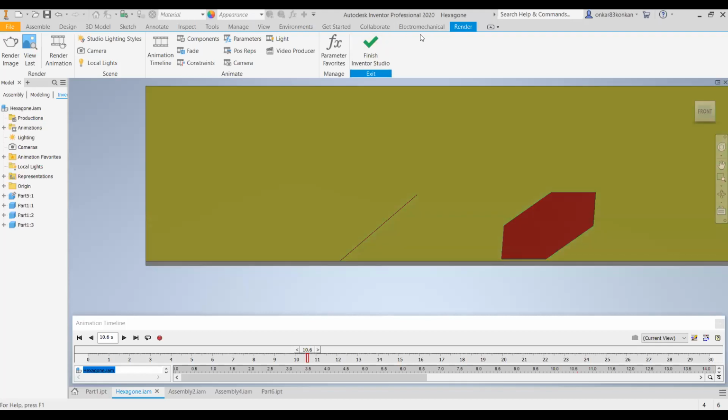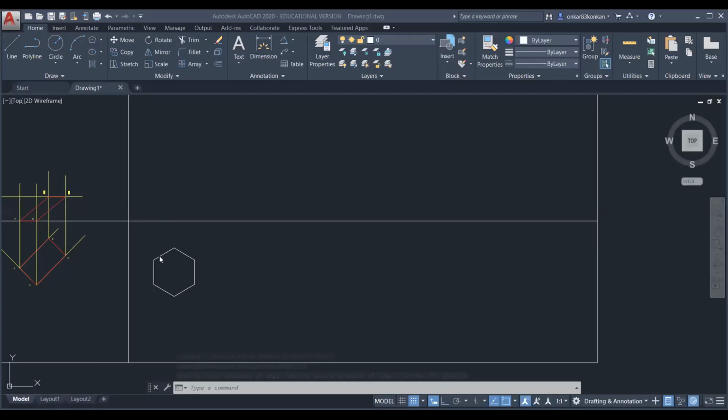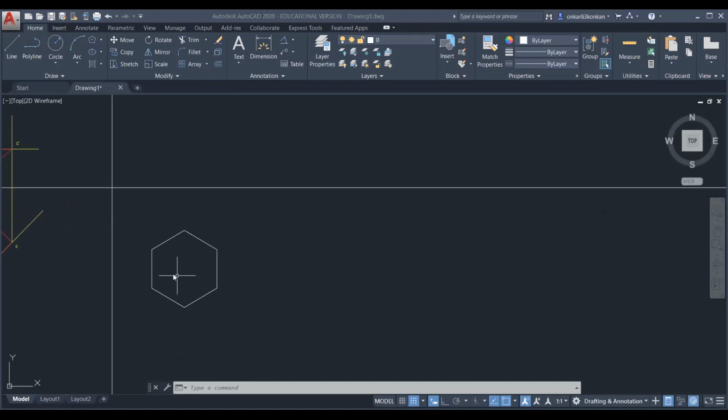Let us see how to draw on a drawing paper. In the first stage, draw the hexagon so that this side is exactly perpendicular to the xy line. I have drawn this orientation because the given hexagonal plane is resting on the side. It is not resting on the corner. So after the first stage,